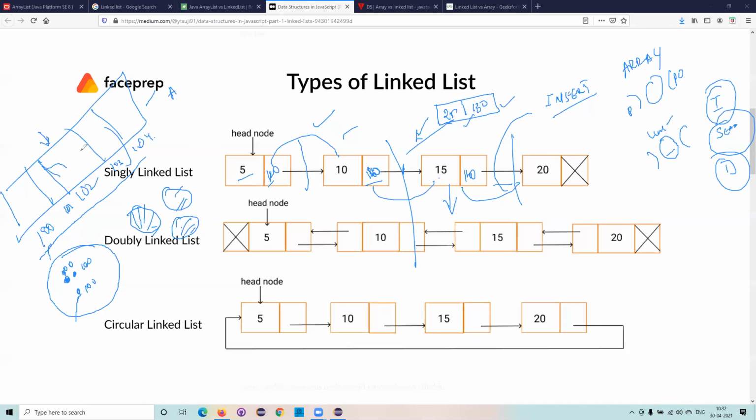If I delete 102 in an array list, what will happen? It is shifting. Again, it will create a new array. Once again, shifting, we need to do. This element has to come here, this element has to come here, this element has to come here. That shifting process is there, right? Now, for example, if you insert, this would be a right shifting. And if you are deleting, it is a left shifting, right? So this is the disadvantage of deleting and inserting.